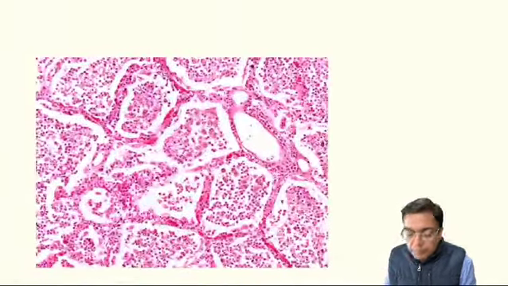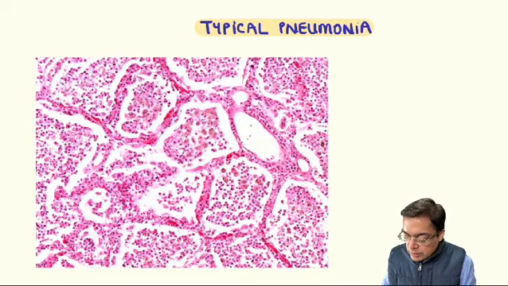Today we are going to be looking at an important histological image of a patient who is suffering from a condition given the name of typical pneumonia. This patient is classically going to have a high grade fever. He's going to have a cough with sputum, that is a productive cough, and he's going to have other manifestations which may include pleuritic pain.